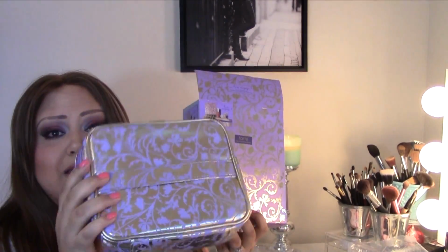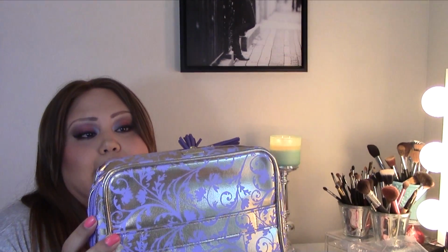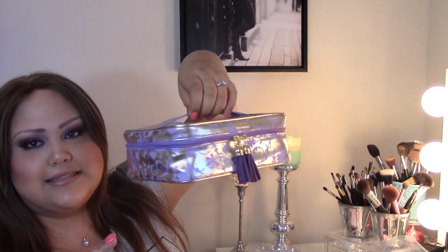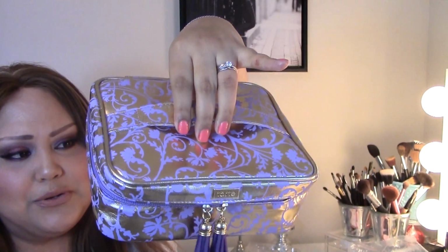So if you like the pattern on the boxes, then you definitely want to have the pattern somewhere that you want to use. So this is exactly what it does when you buy this set, because it comes with this beautiful bag for travel. It's a pretty, pretty little thing. Look at this. It's so beautiful. I am in love with it, and I have one from, I think, Betsey Johnson, the one that I use for travel, but I think I'm going to keep this one just because it's so beautiful and so chic, so classic. So let me open it up,